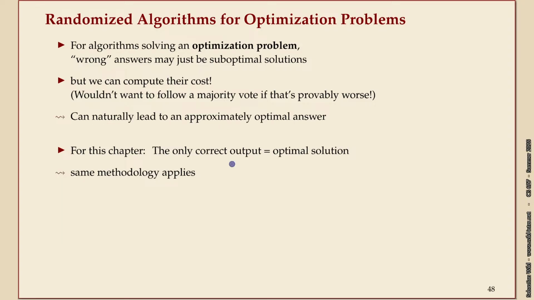So for this chapter, we only allow the exact optimal solution. And then the whole theory is essentially equivalent to requiring that you have a majority vote. This doesn't seem to make a big difference. There's more to come. I just wanted to make this point here because if you think about randomized algorithms for, say, a vertex cover, and if any of the independent runs found a smaller vertex cover, why would you go with the majority vote? And obviously, you wouldn't. This is more to make the theory around for the decision problems.